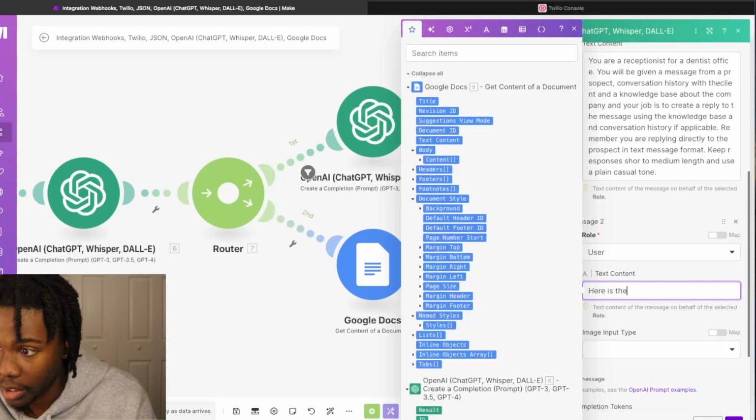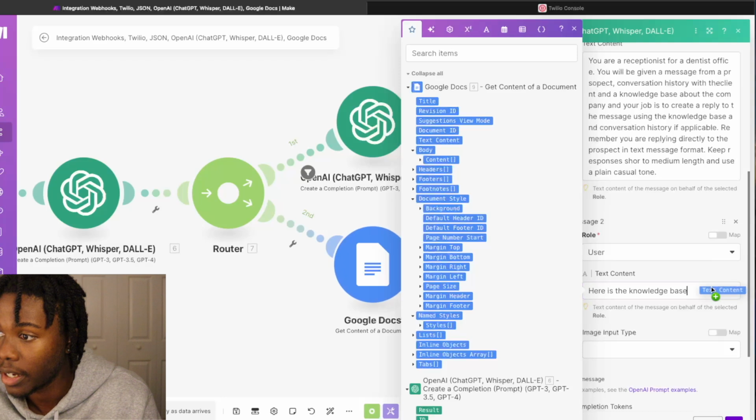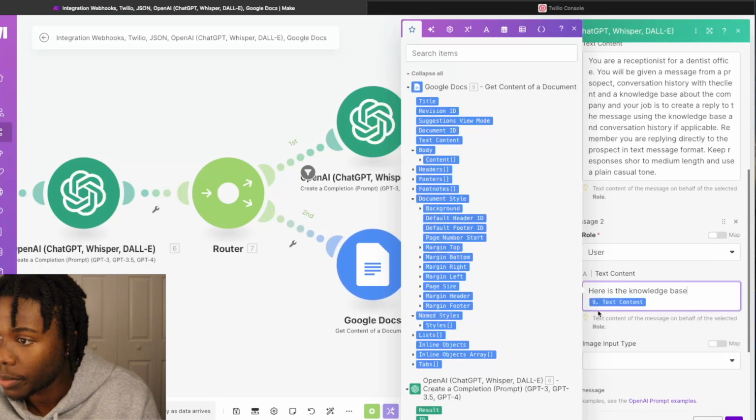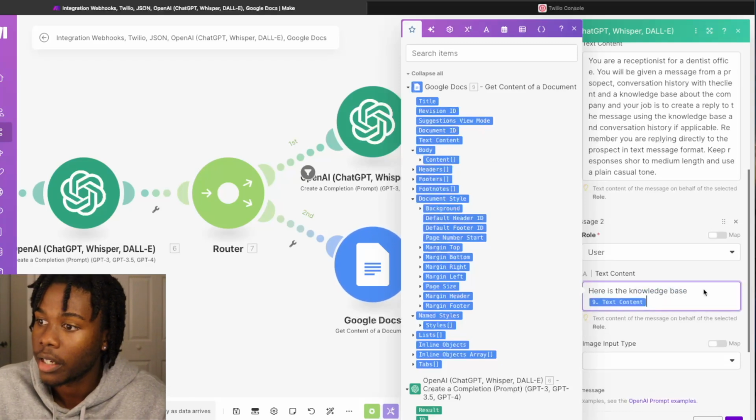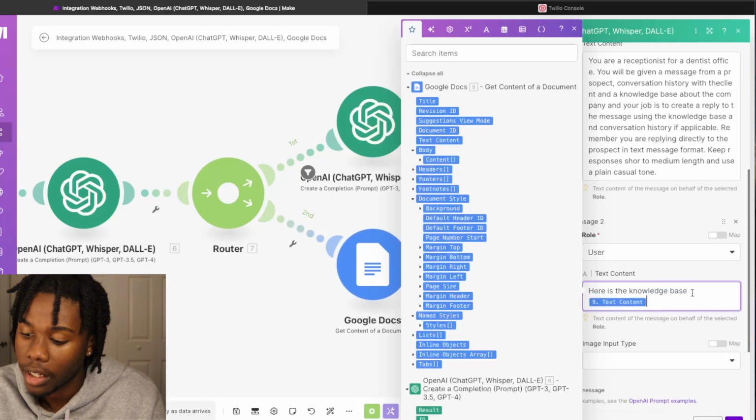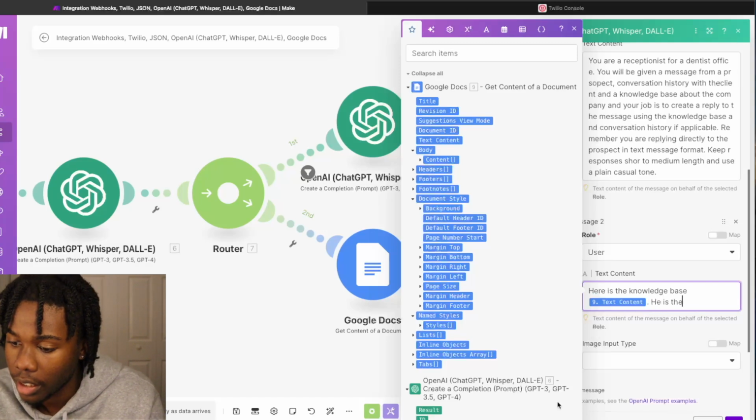Then we'll just say, here is the knowledge base. That's going to be the text content in this particular module. I want to put a space and then drag in the text content. Then we're going to say, here is the